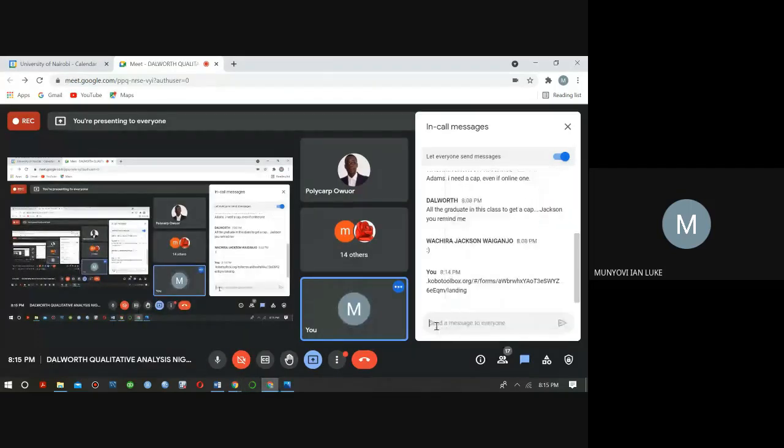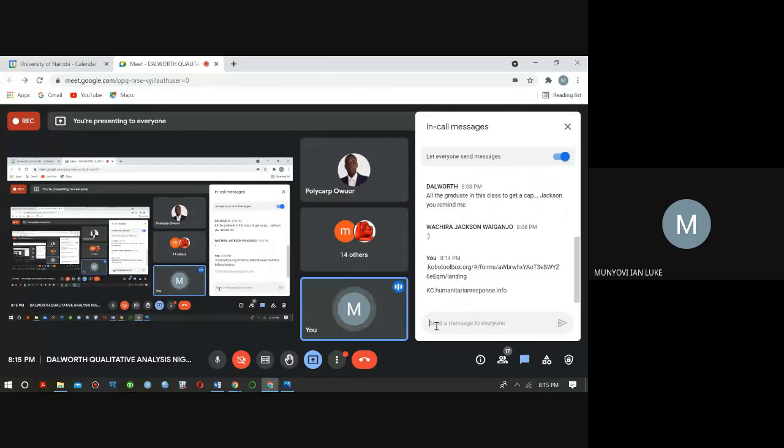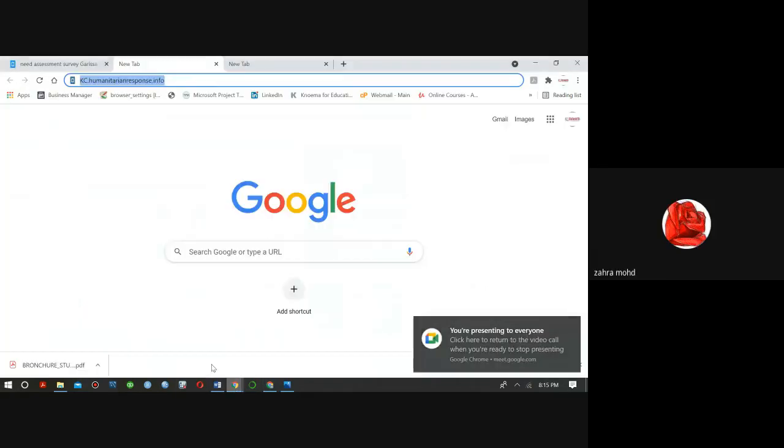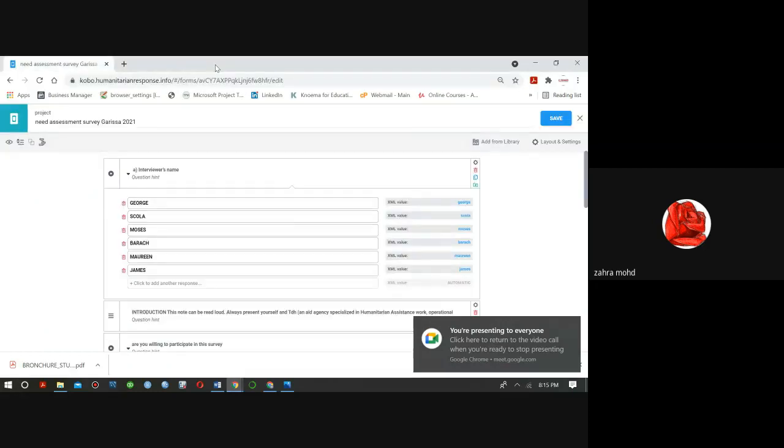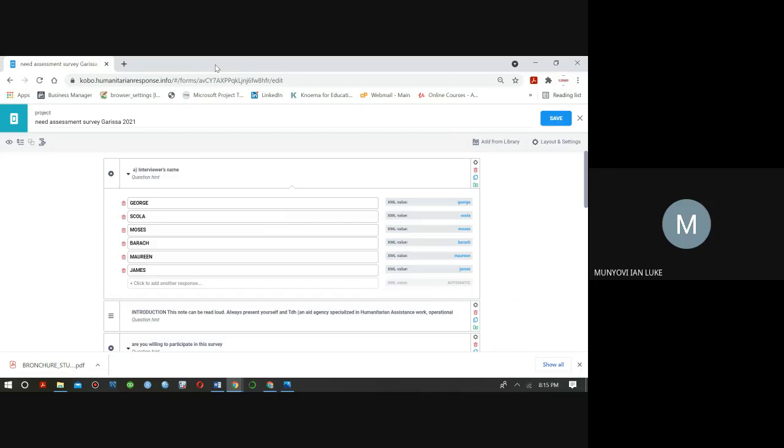Good. So for the rest of the team, I hope we already have our access now. I have the same problem also, I can't log in. Okay, so try the first one. Just click on the first link and then try to log in. And then again, if it still persists, click on the second link and try to log in. One of them should work, and make sure your username and password are the correct ones.